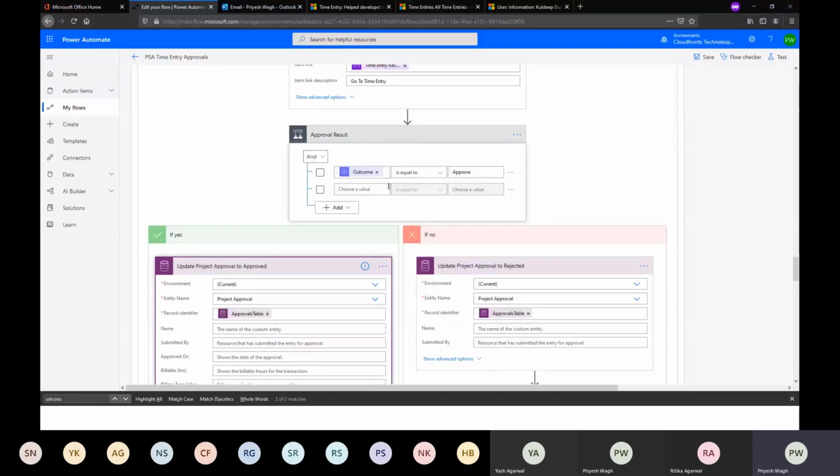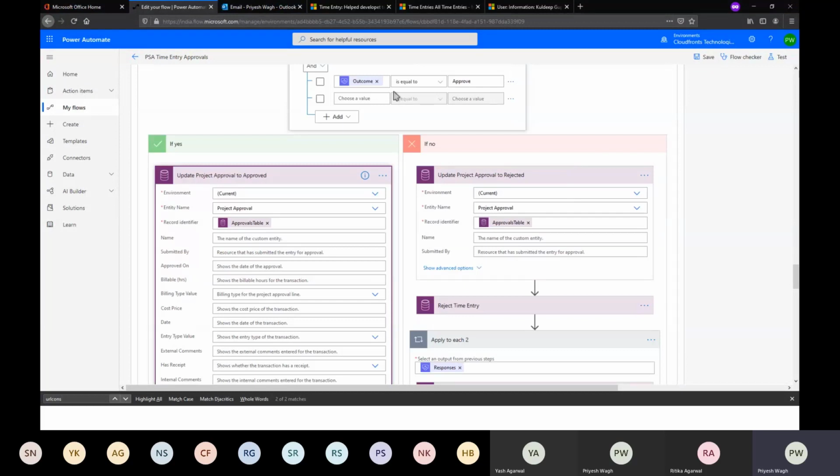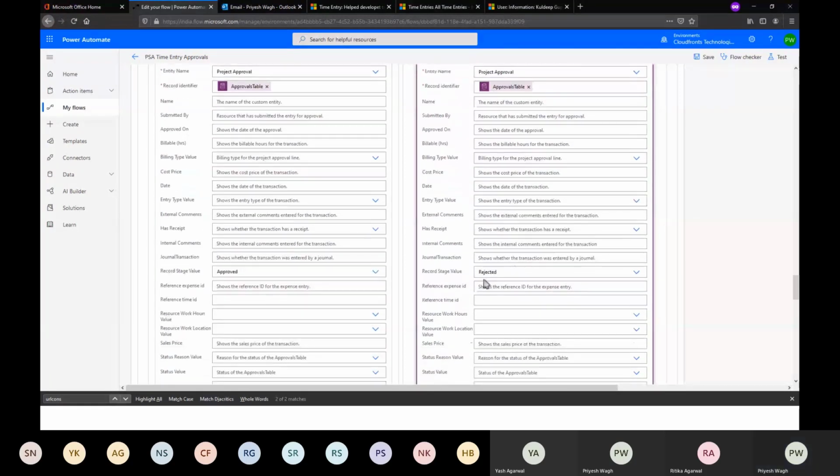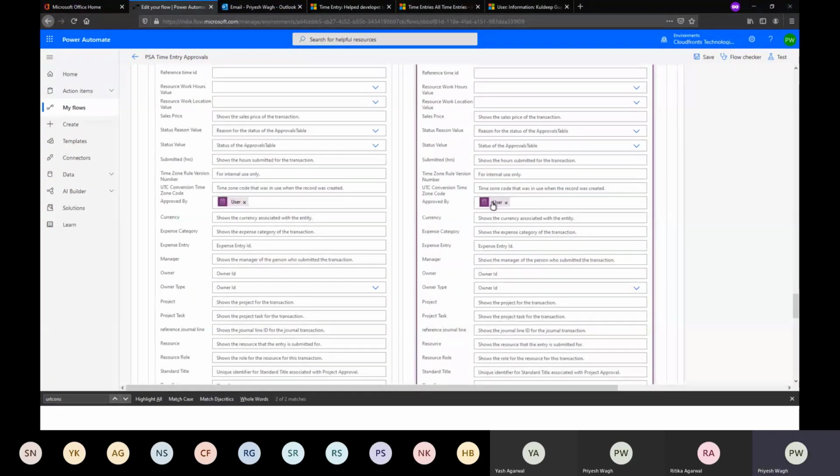Now, let's say the status is reject. On the safer side, you could just add an or condition and properly set these values to if the outcome is set to reject. But I was a bit lazy and I just left it like that. So yeah, when it is rejected, it will go here. Now the same record, I will just set this to rejected, which is here, and further down,